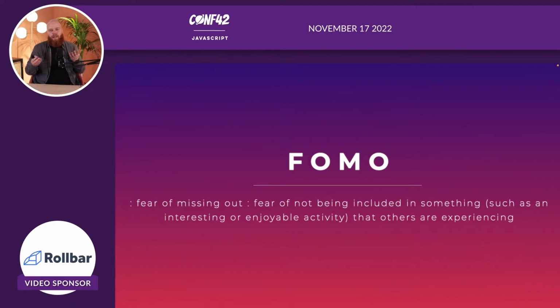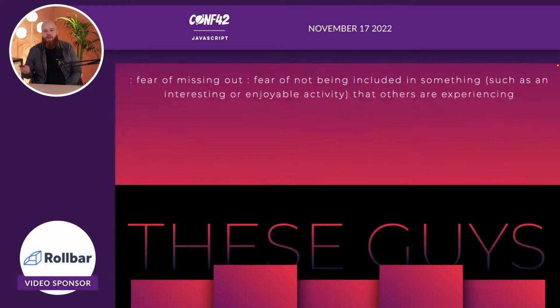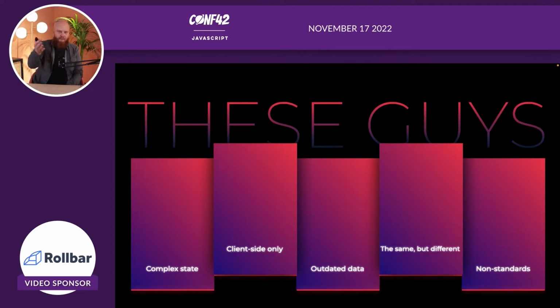While learning a framework that uses web fundamentals will give you a solid base to work on the web in general, and hopefully more frameworks will pick up on this. Because usually when you use a framework, you run into the same issues that you had the last time you used a new framework. So I have an arbitrary amount of examples here, like complex state, and it's like, sure, your README works perfectly fine, but I've got really complex state and I need to keep my data up to date, and there are non-standards being used.